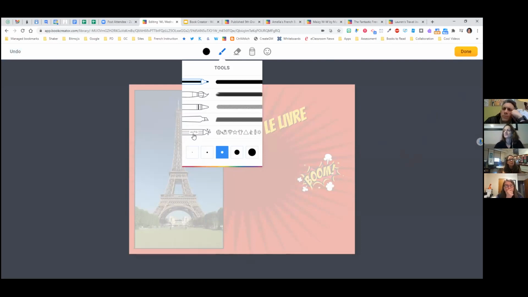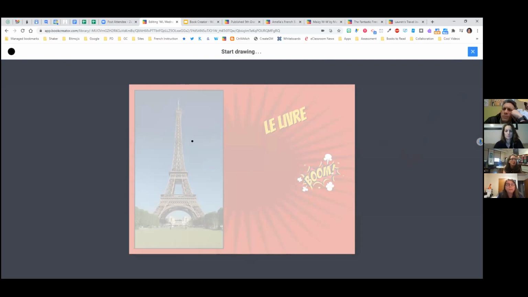So when I click on pen, auto pen is very cool, and the kids like this. Auto pen allows you to draw something, and the program actually tries to guess what you're drawing. So I was talking about meals, and we were talking about our favorite food. So I was trying to draw a plate, a fork, and a spoon. So I'm drawing a fork. And it's really hard to draw with a regular mouse, and it's really hard to draw with a Chromebook mouse. So here I'm drawing a fork,